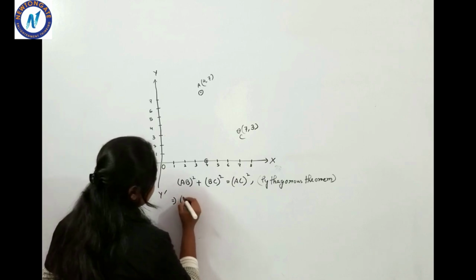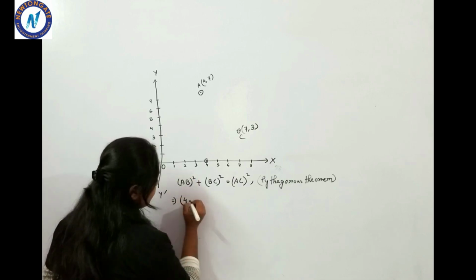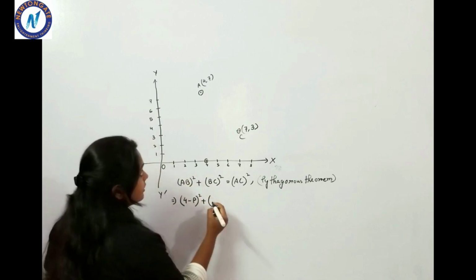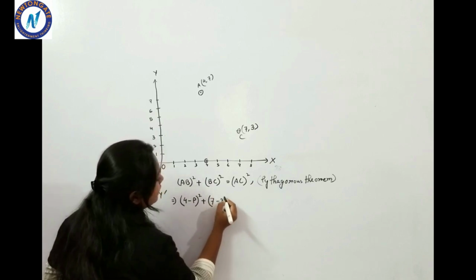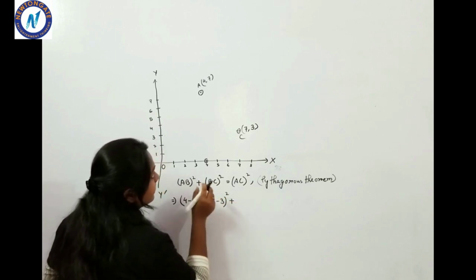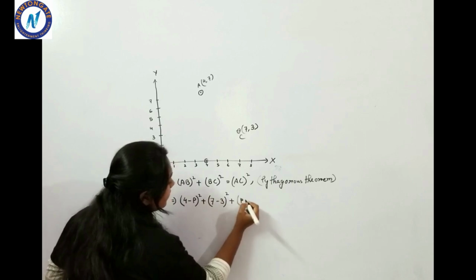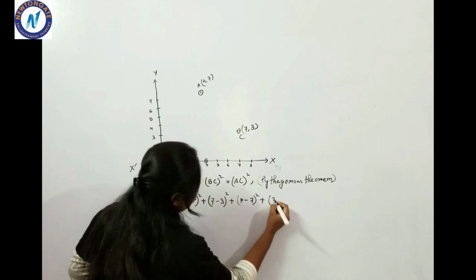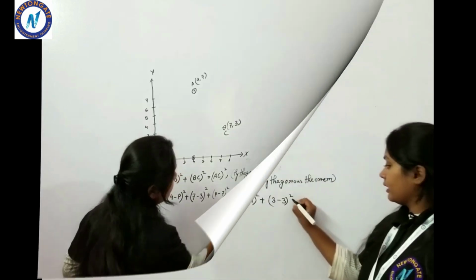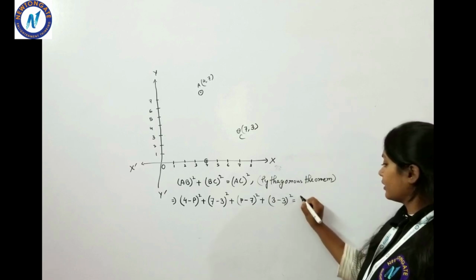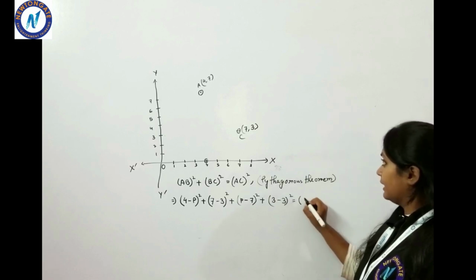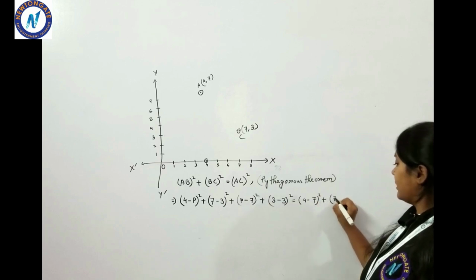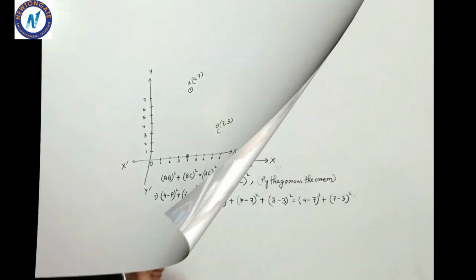AB means the coordinate of A is 4: (4 minus P) whole square plus (7 minus 3) whole square. BC, the coordinate of B: (P minus 7) whole square plus (3 minus 3) whole square is equal to AC, which means (4 minus 7) whole square plus (7 minus 3) whole square. Now we